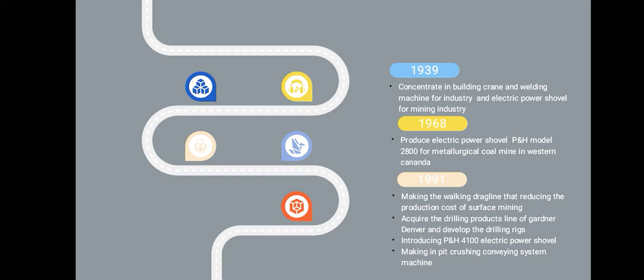And moving into the year 1968, they produced an electric power shovel called the P&H Model 2800 for a metallurgical coal mine in western Canada. They kept growing, and in 1991, they made the walking track line that reduced the production cost of surface mining, acquired the drilling products line of Gardner Denver and developed the drilling rigs, introducing the P&H 4100 electric power shovel, and